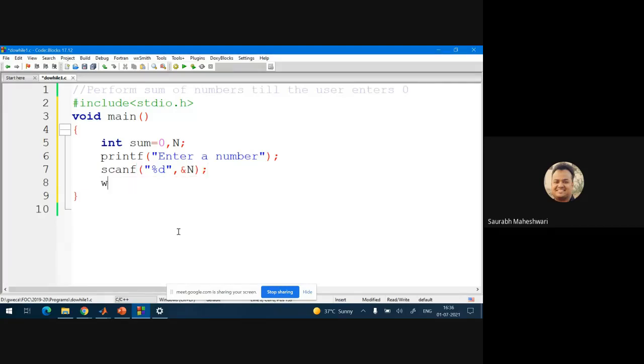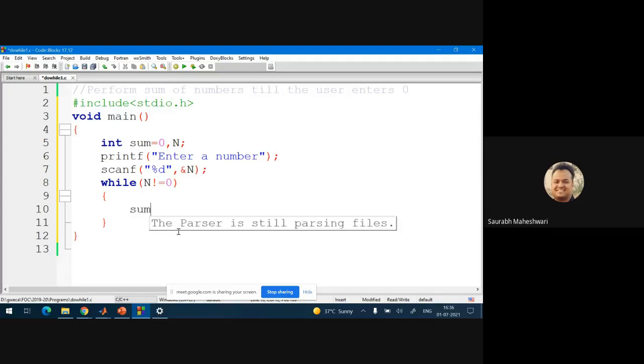Now we need to check while n is not equal to 0, what you will do is sum equals sum plus n.